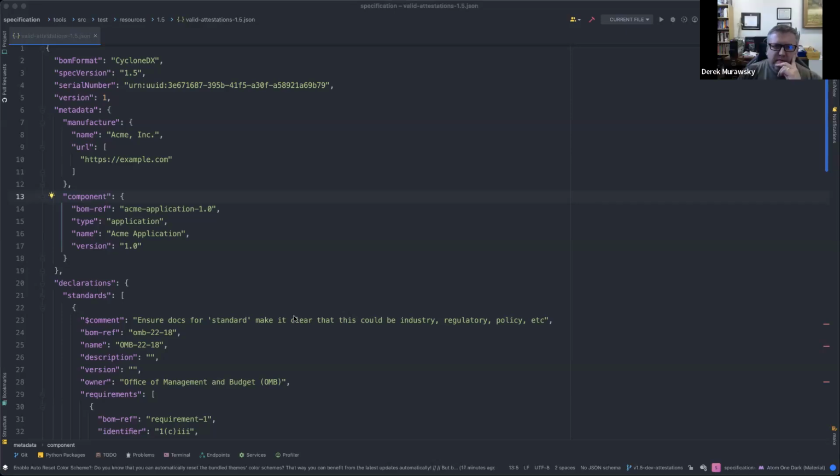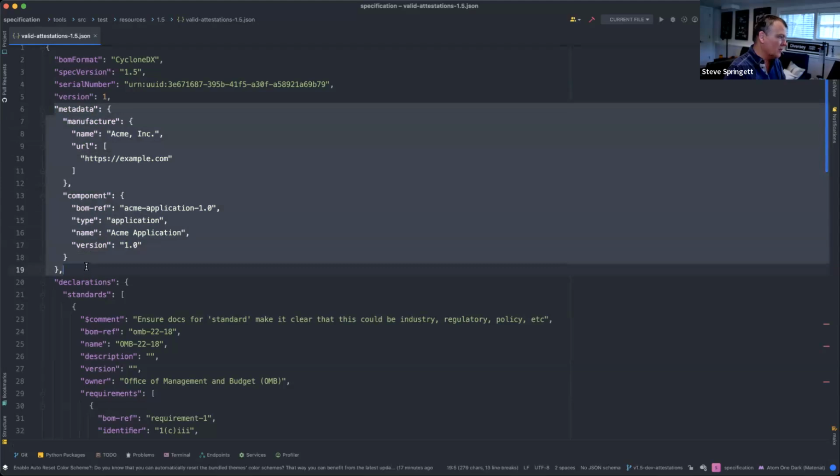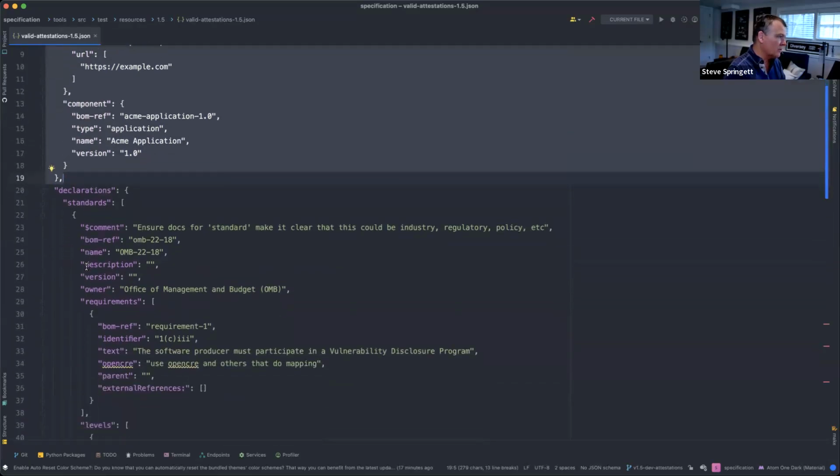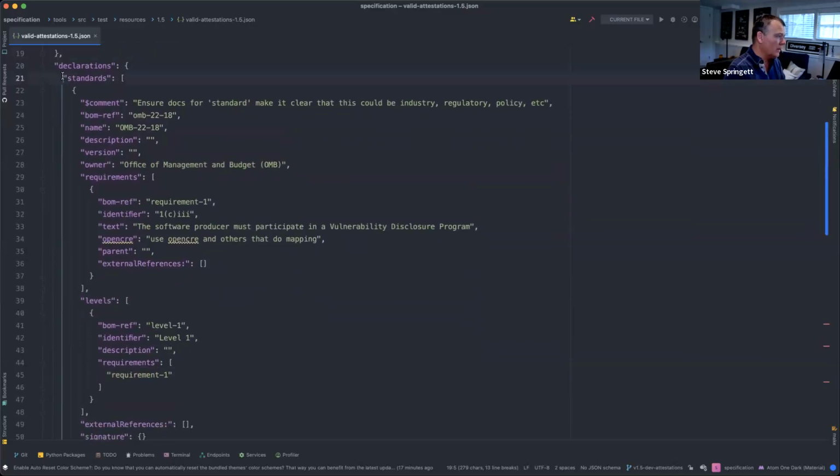So if that's the case, we can make a few changes to CycloneDX to support this the way it is. But I don't think anything in the metadata should necessarily be specific to the attestations. We should probably concentrate on the declaration, and we can reuse existing CycloneDX terms, right?